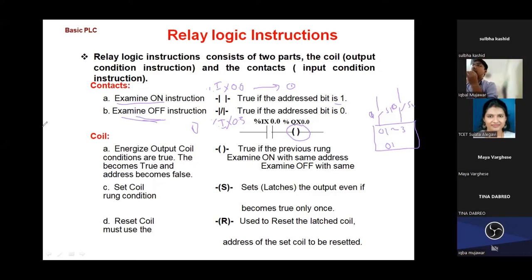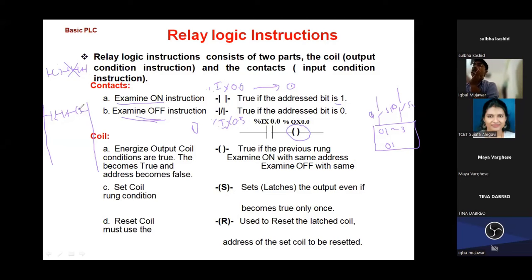Normally in ladder coding, if I draw it, we have to draw two rungs, and here we pass some logic, these examine on and examine off, n number of examine on and n number of examine off, I can add. Here I just added a single examine on and a single examine off. And at the end, this rung should end with a coil. Every rung has one output, so the rung should end with a coil, and that should be on the right-hand side. I can never make a rung on the left. Suppose I make a rung like this, where the coil passes the logic and the examine on, examine off come after it, then this is totally wrong. Always each rung ends with the output coil.